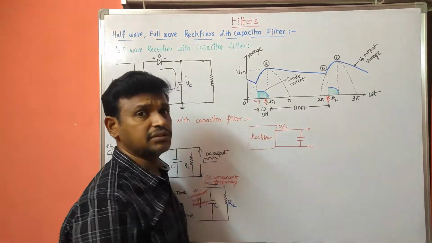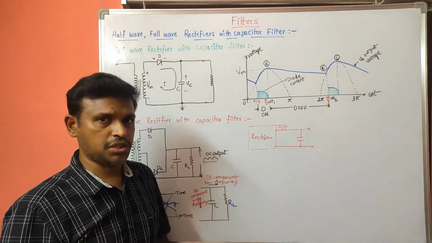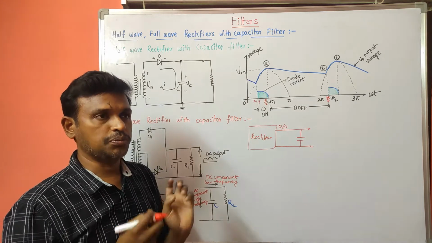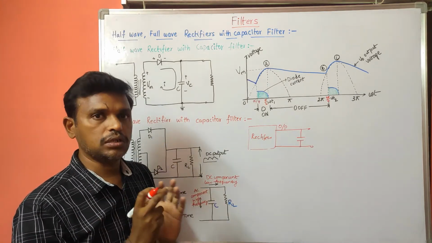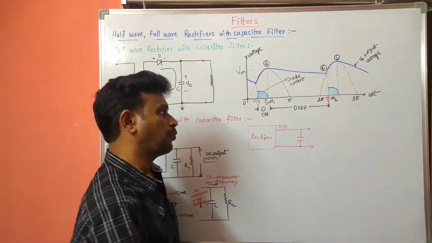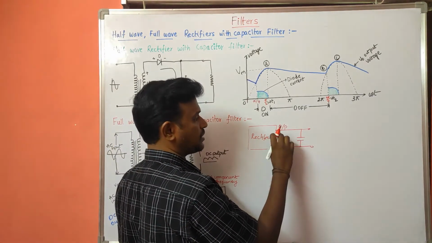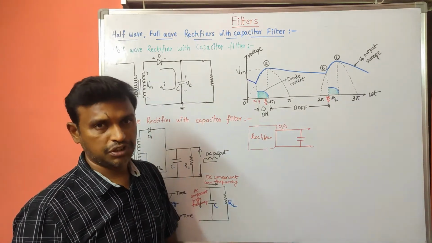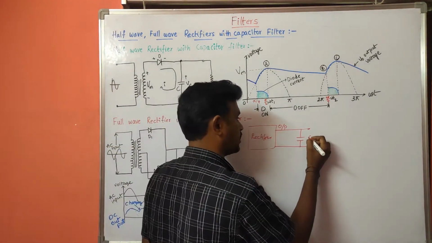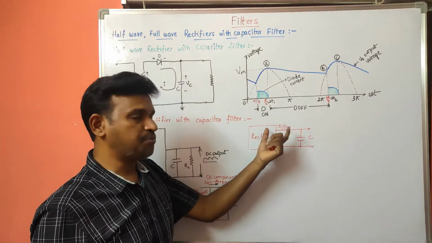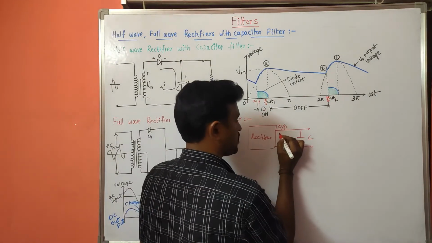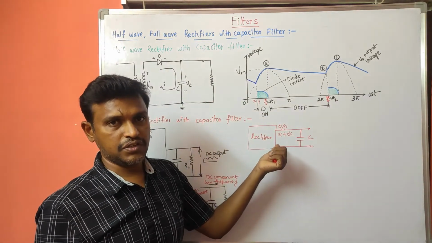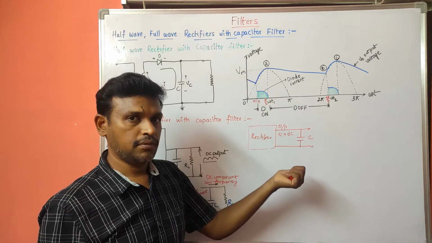So why do we have to connect this one in shunt? Okay, in the previous discussion we connected the inductor filter in series with the rectifier output because it passes the DC component and it blocks the AC component. But here the output of the rectifier is connected in parallel with the capacitor C. Why is it connected in parallel? Because if we observe, the output consists of AC plus DC component. So the output of the rectifier consists of AC plus DC, right?